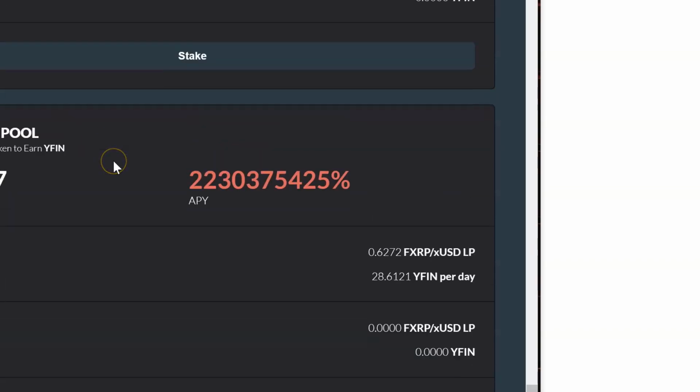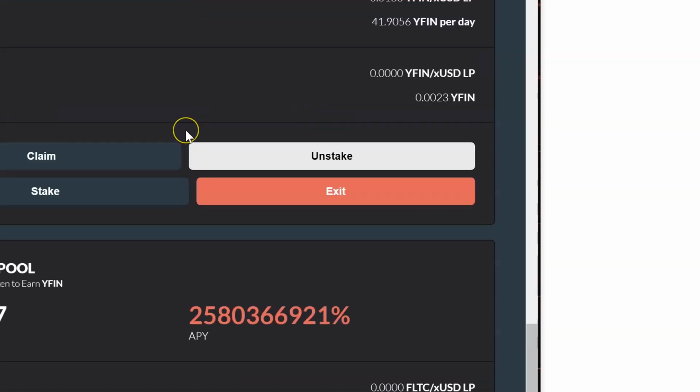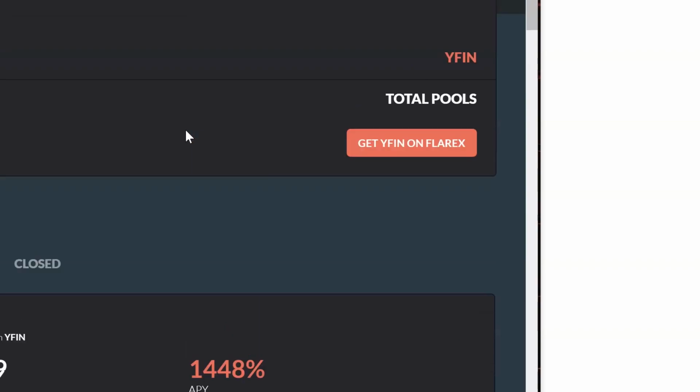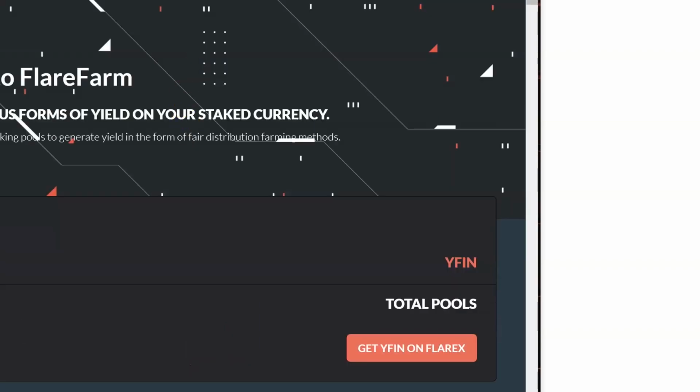And so they wanted to avoid USD altogether and try to just swap all crypto tokens only. So let's do that. Let's go Y-Flare Y-Fin.